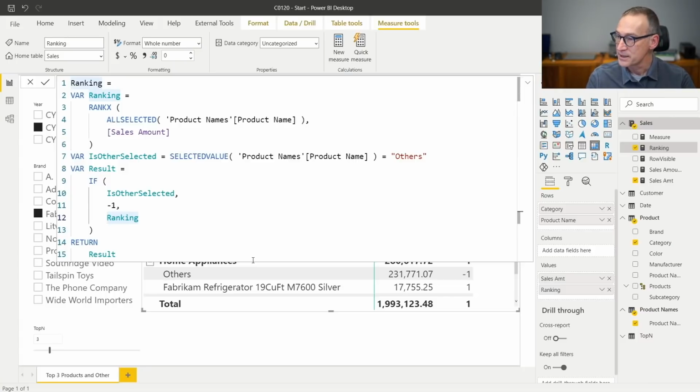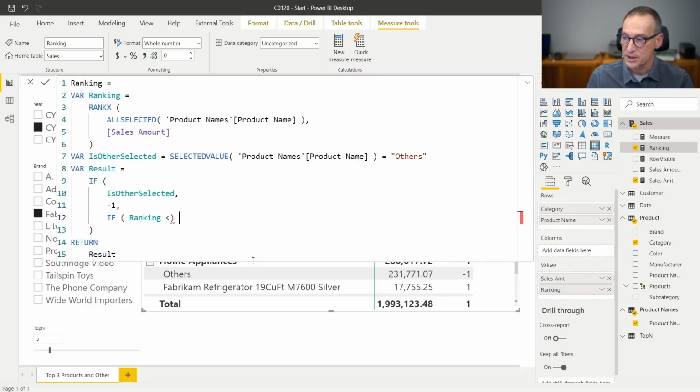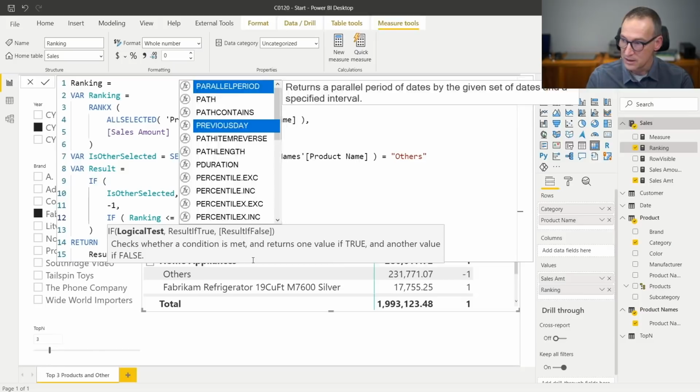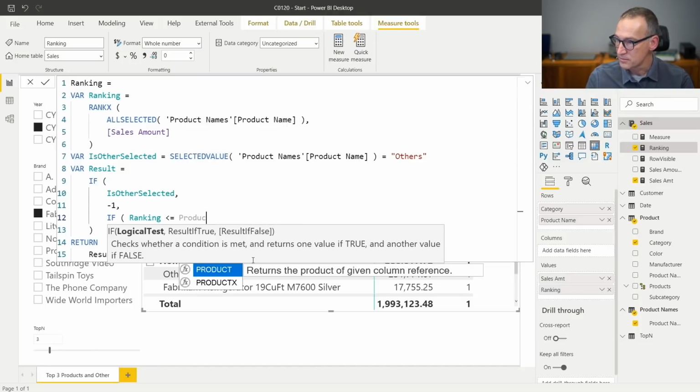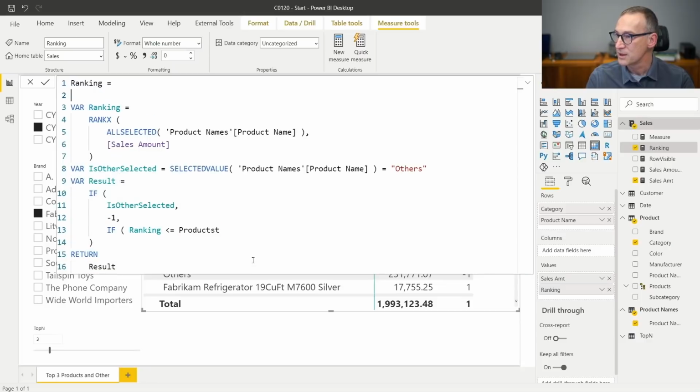So if I do that, I need to say, well, if the ranking is less or equal than the products, I don't have the products to rank, so I need to add the variable products to rank, which is my top n value.